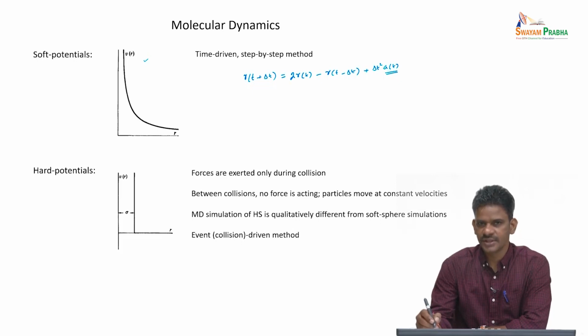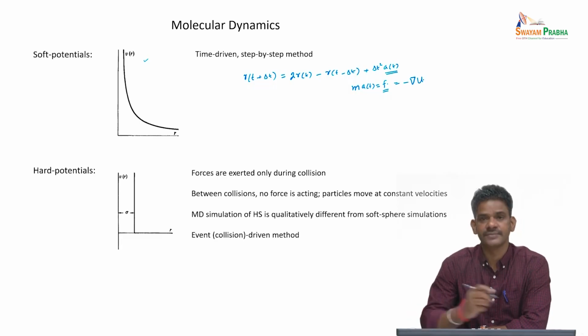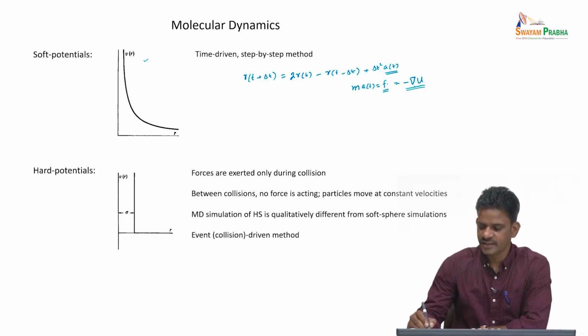This acceleration is obtained from Newton's law, and this force is nothing but the gradient of the potential energy. And if the potential energy is a smooth function of r, then it is possible to get a differential form of the potential,